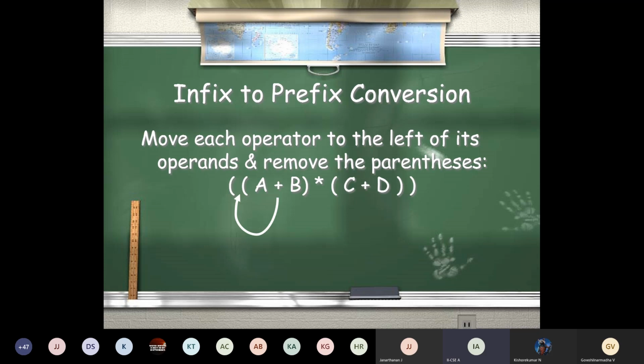So it is a parenthesis expression. You have (a + b) * (c + d), where a + b should be evaluated first, then c + d should be evaluated, and only then you multiply these two values. Analyze this expression first, to see which part should be evaluated first. Since you have parentheses, give importance to the innermost parenthesis.